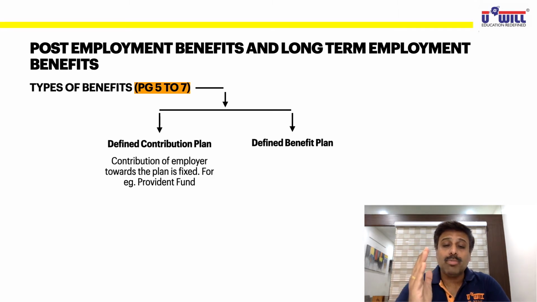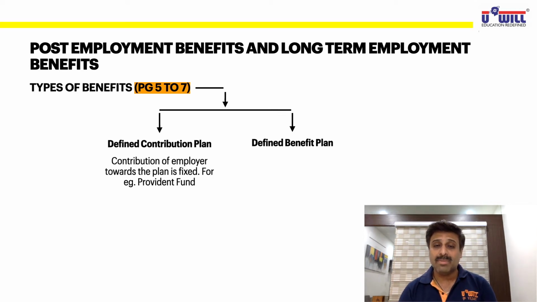Here the amount to be contributed by the employer every year is very well known in advance. If the employee's salary is 20,000, then 12% of that, 2,400, he has to give towards the contribution to provident fund. The employee will also get that amount deducted from his salary, and the employer is also going to provide the same amount. The amount is very simple to find out. Why? Because the employer's contribution towards the plan is fixed. What percentage of salary is to be given every year as a contribution is fixed and known in advance.